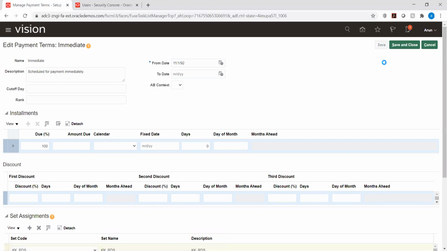So it is only to create payment terms and customers, right? No, we will actually use it more. I'll show wherever we are using it. At a high level, we use it for payment terms, customer, supplier, transaction batch, transaction source, all those places. Even if we take our AR transaction type, even there we will use this reference data set. So when we are making a transaction, the system will take this reference data set as the first point. After this, we will select our transaction type and the other details.